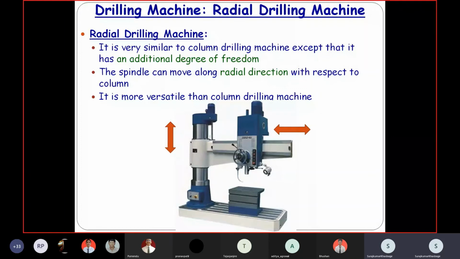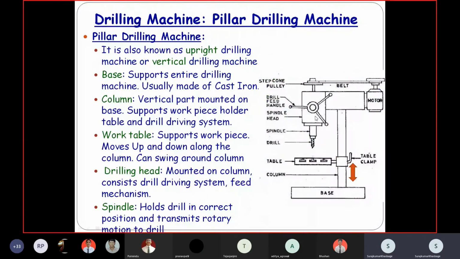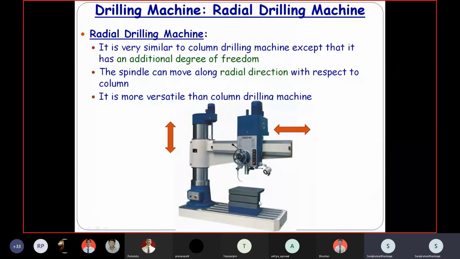In the previous diagram, this spindle is fixed, it is not moving. We only have one motion, of the working table, up and down. Here in this case, instead of moving the work table, we can move this drilling tool in any direction. Also we can move it up and down. Even, as it is a radial drilling machine, if the workpiece is very big, in that case it has a rotating arm. This arm can also rotate. So it has three different motions. So it is the most versatile type of drilling machine.